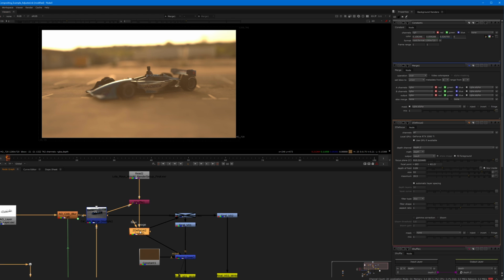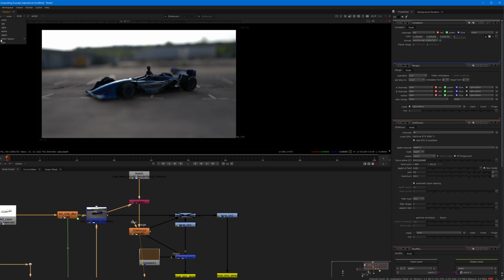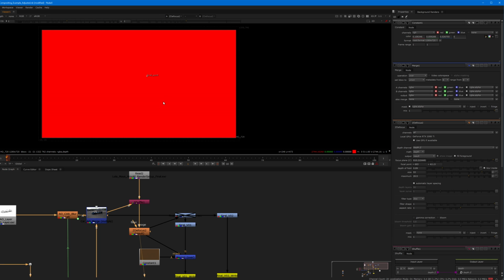If I look at the ZDepth in the viewer, so I'm going to plug the Z defocus into the viewer with the 1 key, and I'm going to go to the depth option here so we can see it, and you can see it's actually, I don't see anything, just a sea of red. That's because Arnold doesn't automatically store the depth information in the visible range, the default visible range of the